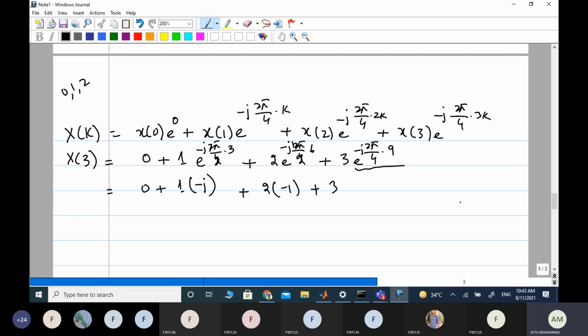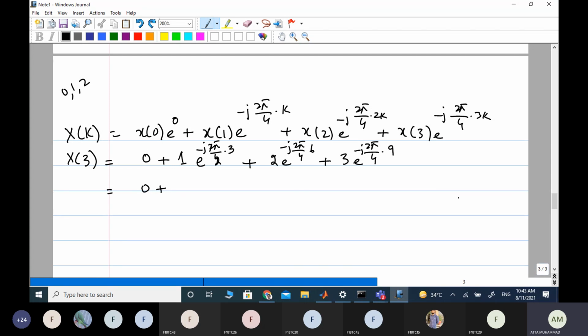Now what is this term? e to the power minus j2π by 4 whole power 3, and whole power 3 again, right? So this yields us minus j, right? It produced minus j or plus j, I'm not sure. Let us compute it, otherwise we will be in big trouble, right? So let me compute again, because we don't want to take any risk. If once we have made a mistake, it will lead into a blunder.